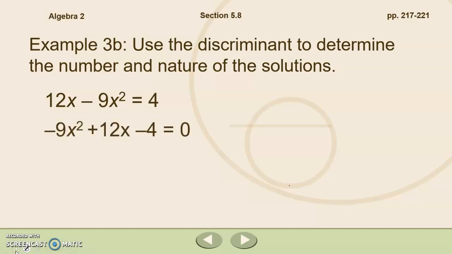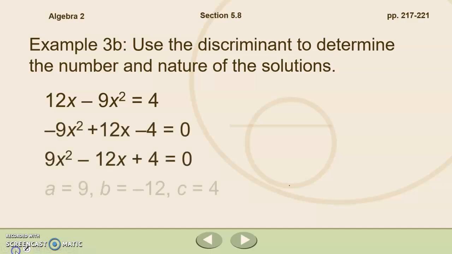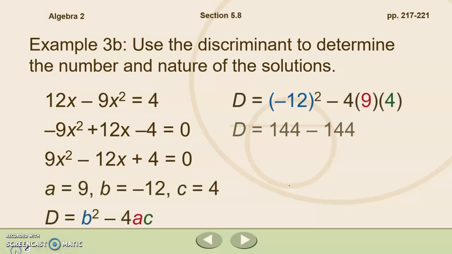Well, when we plug it into the discriminant, we follow the order of operations, what we get is the discriminant equals 0. Well, according to what we just wrote down in our notes, when the discriminant equals 0, we're going to have one rational solution. Just one solution. So when we go through and we use the quadratic formula to solve this, if we get two different answers, we've